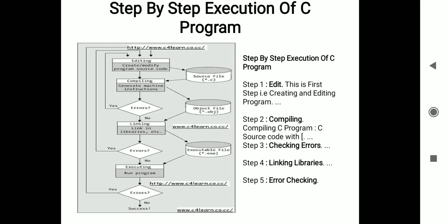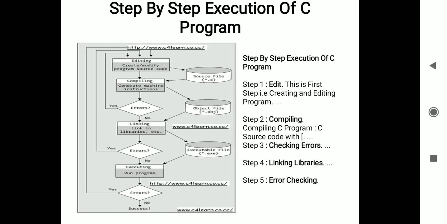Next step is linking libraries. The program is linked with other libraries, and this process is executed only by the linker. The last step is error checking. If a runtime error occurs, then runtime errors are reported to the user, and then again the programmer has to review the code and check for the solution.